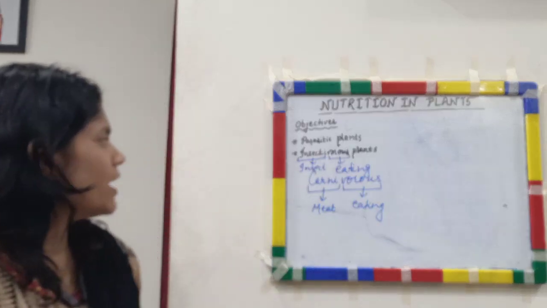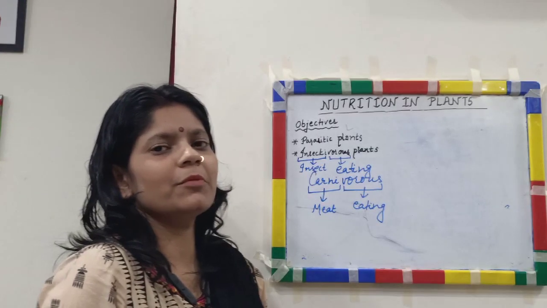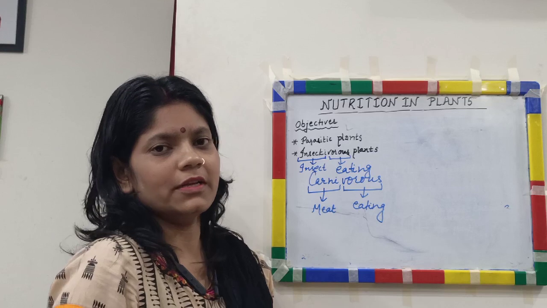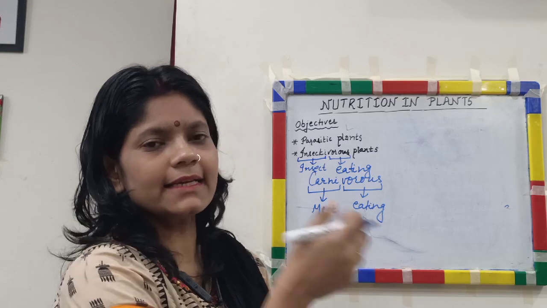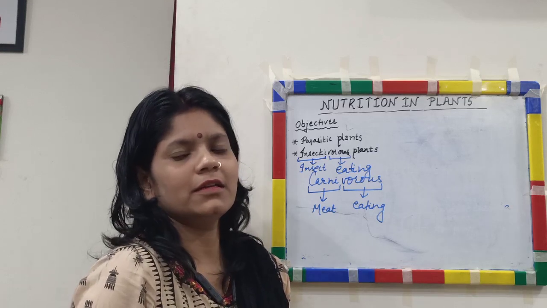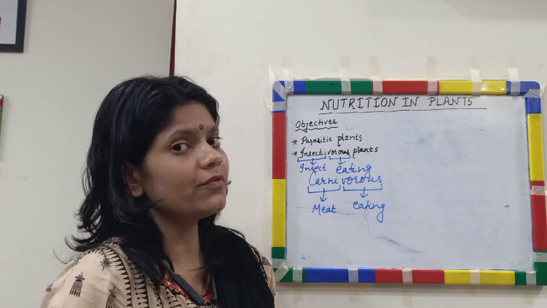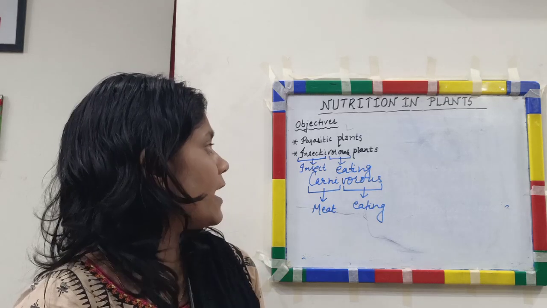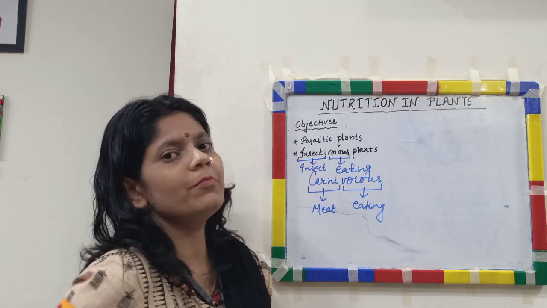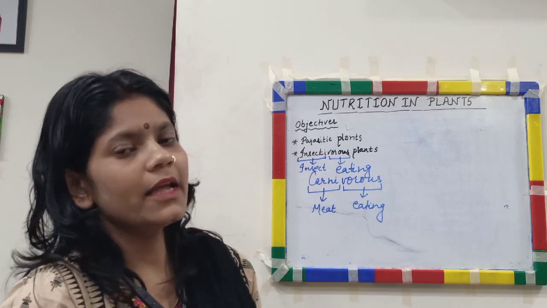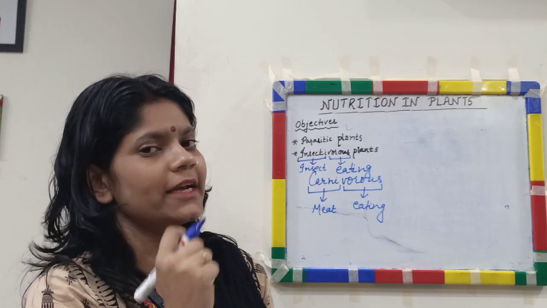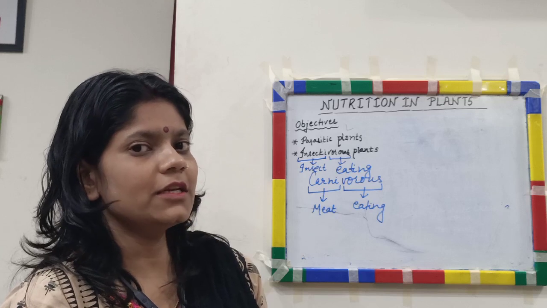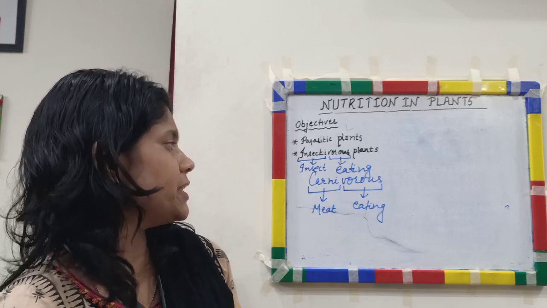The most interesting thing about insectivorous plants is that they do not lack chlorophyll. Their leaves are as green as any other autotrophic plant. So if they have chlorophyll, we may say that they are autotrophic, right? But if they derive nutrition from insects, we may say that they are heterotrophic also. So under what category would we put them? And what is the need of eating insects? Now we will go into details of that.